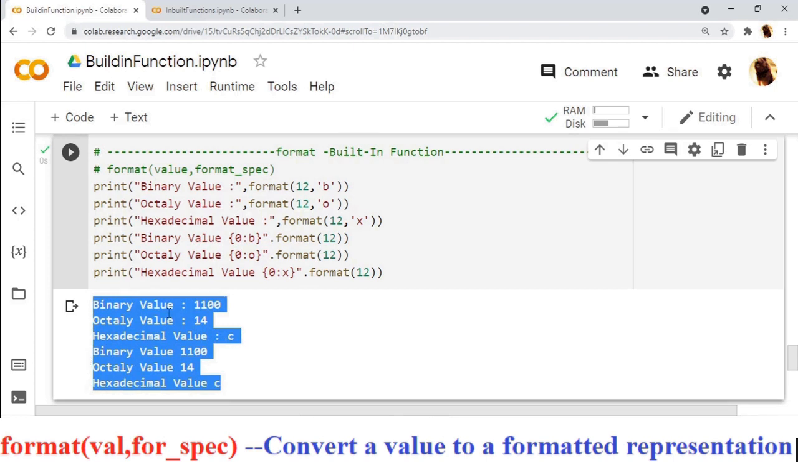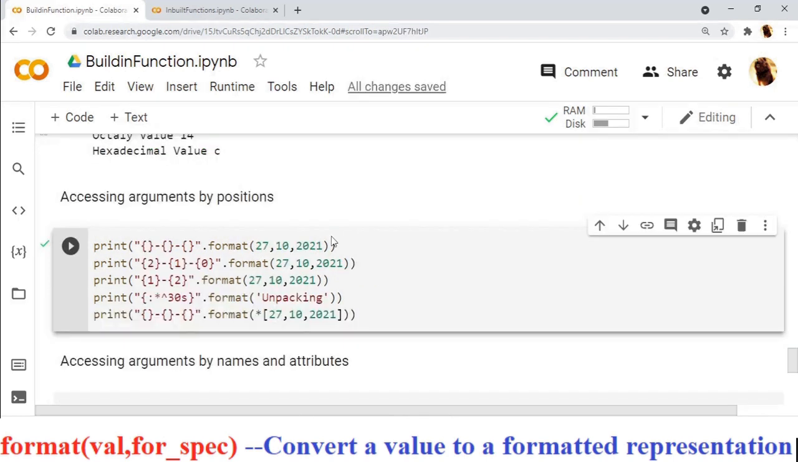Next we'll be looking at accessing arguments by position. These are the arguments of the format. Here this is the 0th position argument, first position argument and second position argument. Inside the flower bracket, if you do not mention anything, this will be considered as 0, first and second. So the answer will be